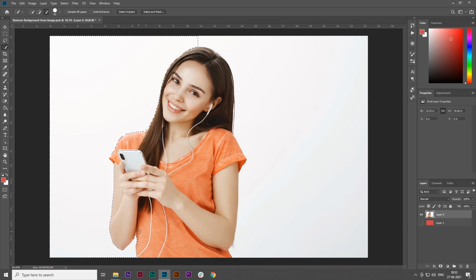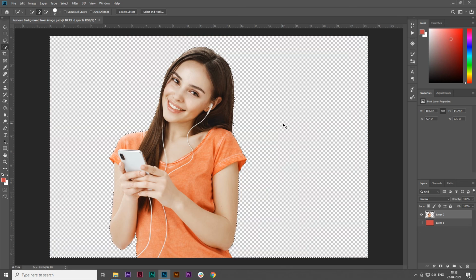Let's make them corrected. And hit the delete button. As you can see, we have easily removed our background with Quick Selection tool also.